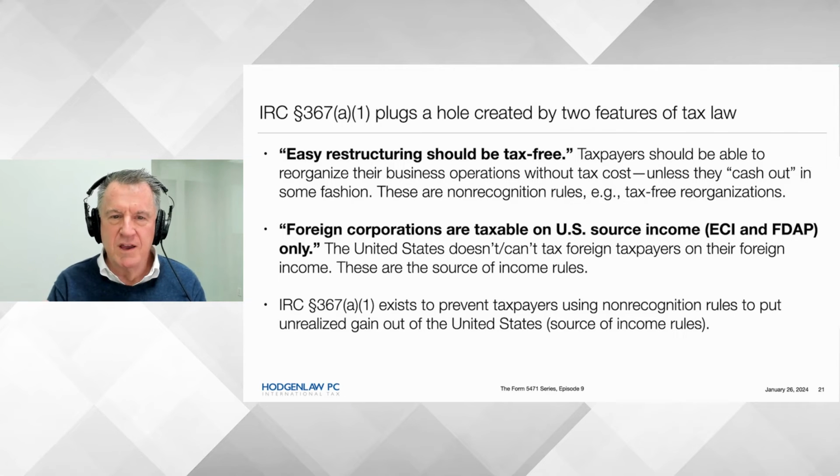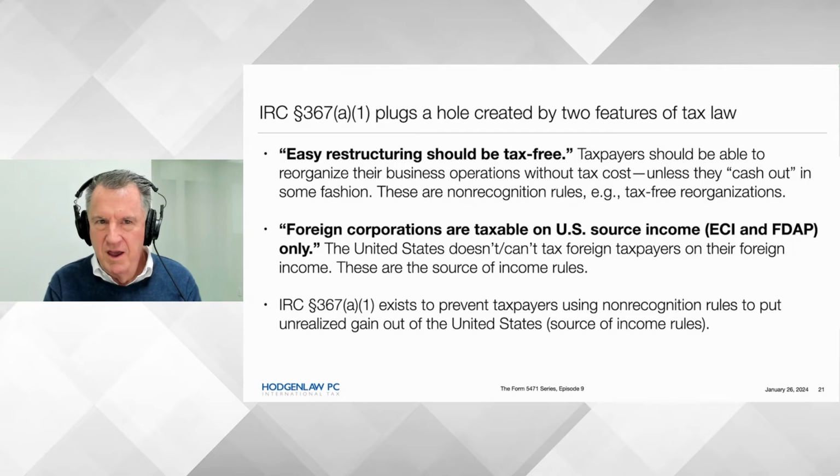Well, what happens if you have an appreciated asset, for instance, and you transfer that appreciated asset from a US taxpayer who sooner or later will sell, and sooner or later there will be gain recognition on that asset, and you transfer it tax-free to a foreign corporation where that asset is now sold and it's not US source income, and that gain will never be taxed by the United States. Not so much fun as far as the Congress is concerned.